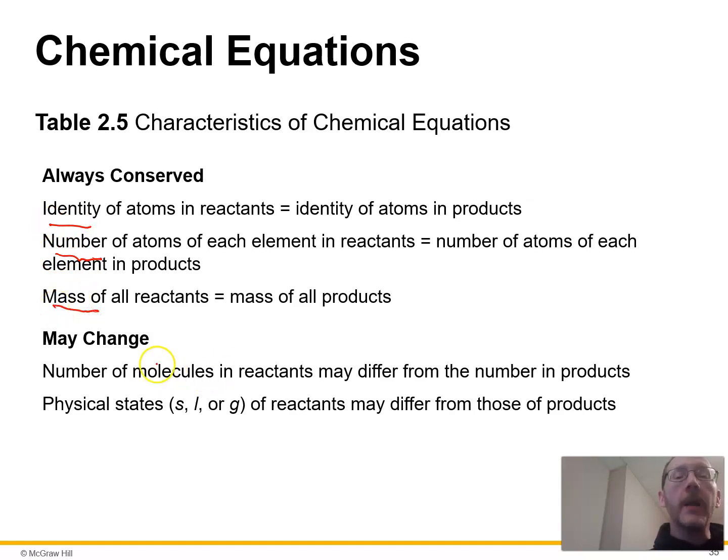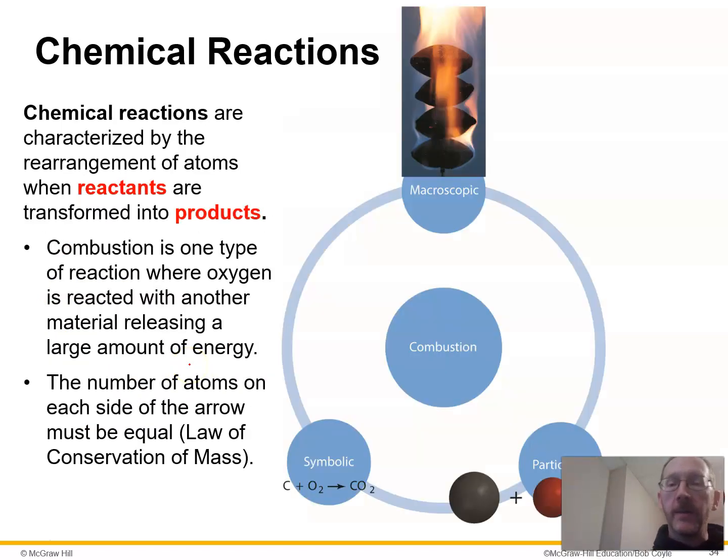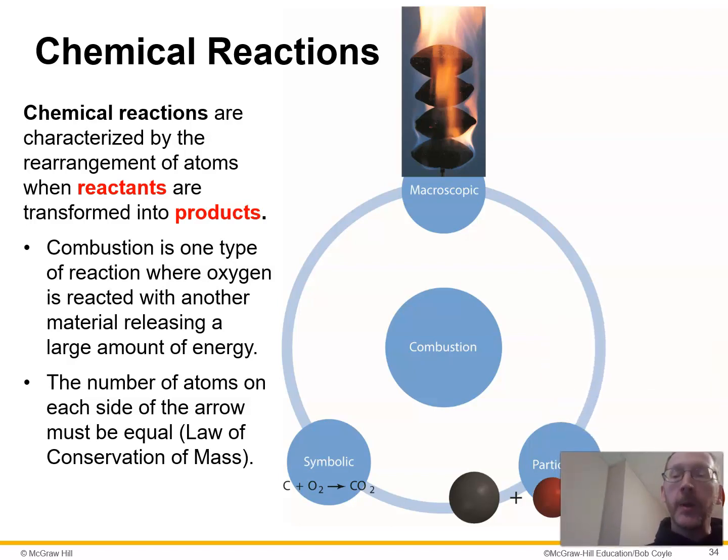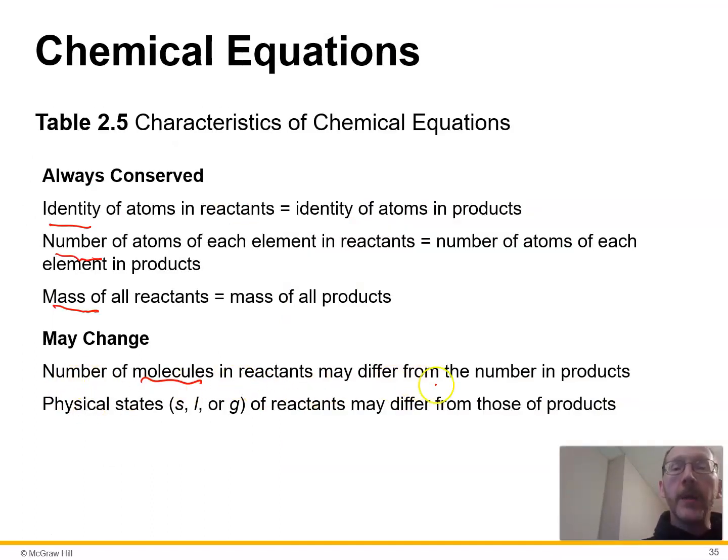However, the number of molecules can change, because look at this. I'll say molecules or particles, right? We have one carbon here and one oxygen molecule here. The number of atoms doesn't change. I still have one carbon and two oxygen atoms, but now I only have one molecule. It's CO2, whereas I had two particles before, an atom and a molecule, and that became a third species, which was only one molecule. So you can rearrange them into different numbers of molecules. The number of molecules can differ.